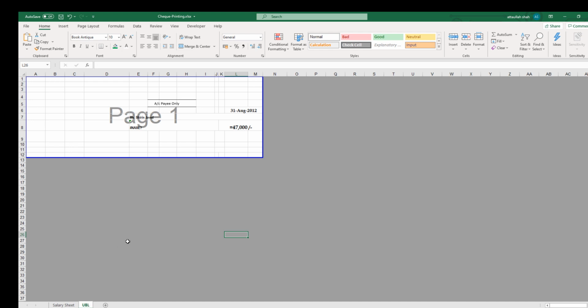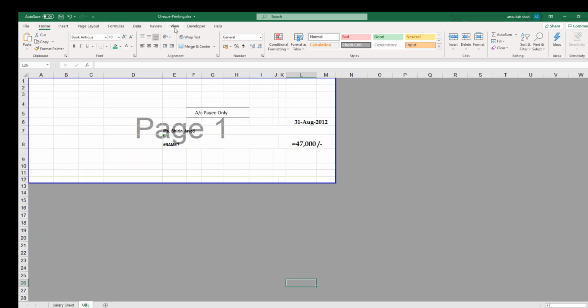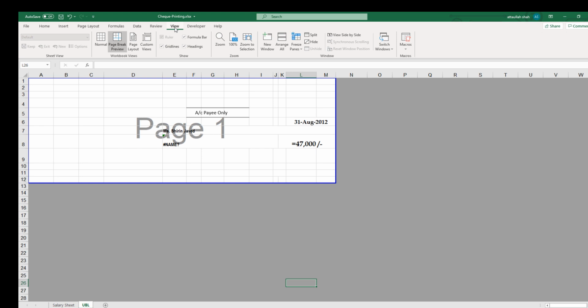First of all, we have to do some trial and error and come up with a print area that is equivalent to the size of the check that the bank has. So how do we specify a print area? This specific view is called print preview.